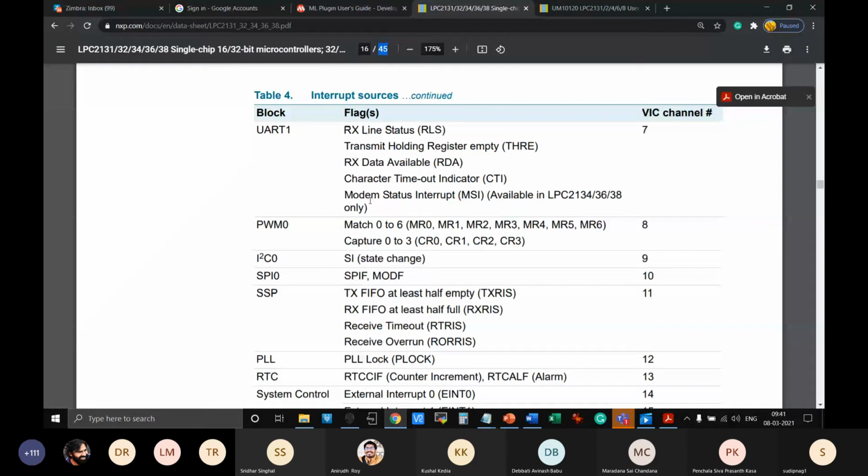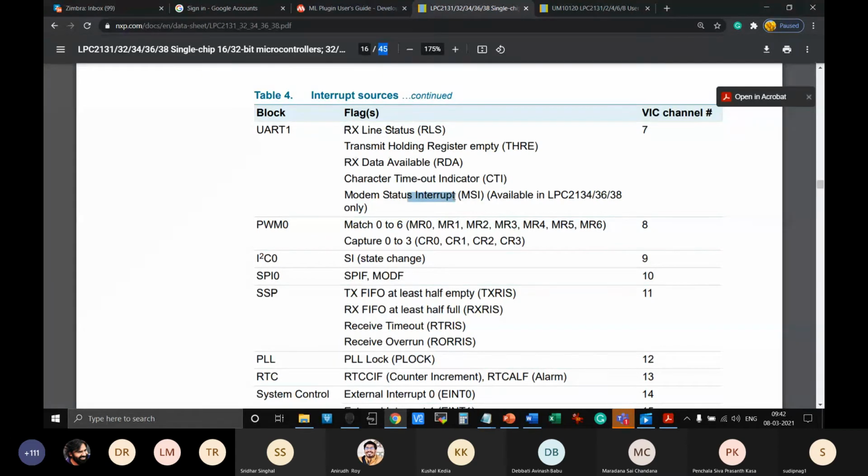Whenever you send any signal over a long distance, whether it is wireless or wired, we do modulation of signals. That means there is a high frequency carrier signal, and on top of it, we do amplitude modulation or phase modulation or frequency modulation. So this modulation is related with some carrier. That's why the data carrier detect signal is there. Along with that, the ring signal is there, which is basically whether the modem is ready or not. So that kind of signals are there over here.